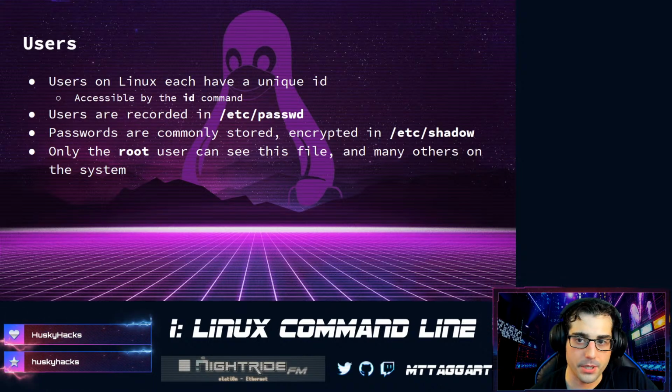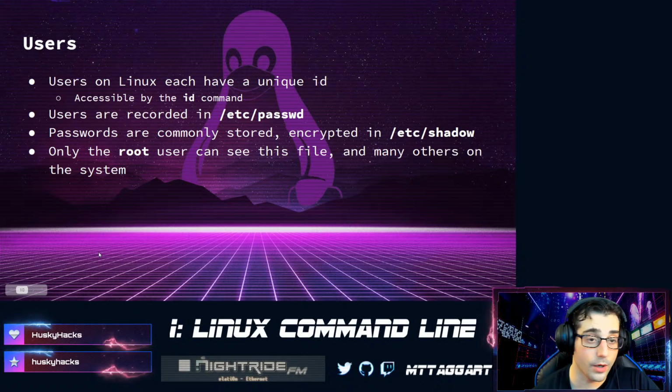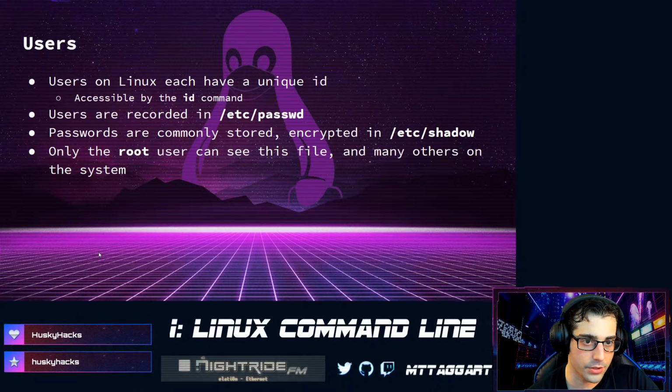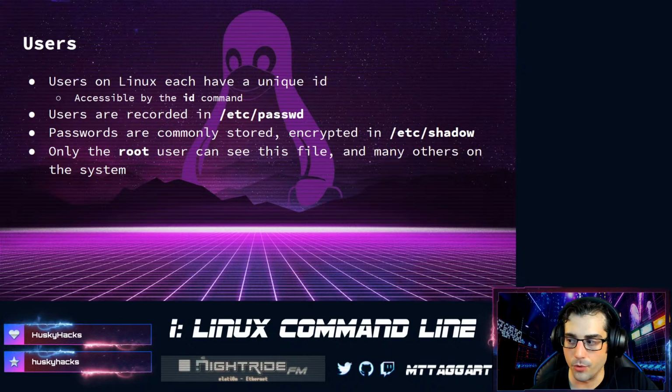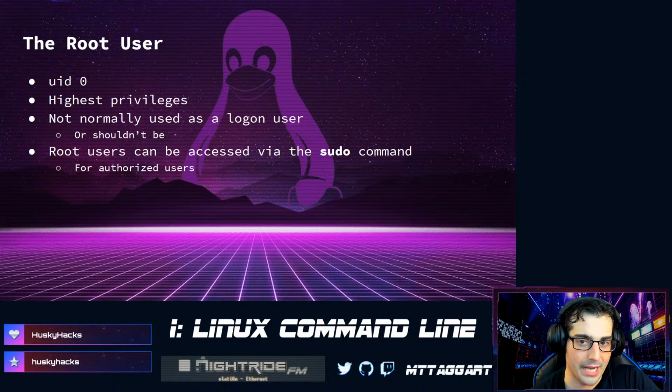So just some recap here: users have a unique ID. They're recorded in /etc/passwd. Note that passwords are commonly stored in /etc/shadow, which you can't see as a regular user. Only the root user can see this file. We haven't talked about how to become root yet, but we're about to. So the highest amount of privileges is reserved for root, and it should not be used as a logon user, but we can access it via the